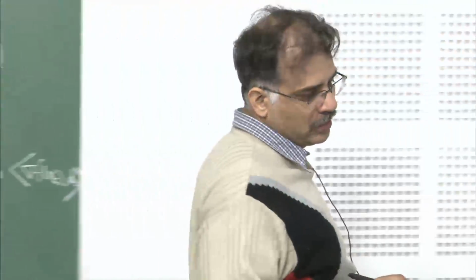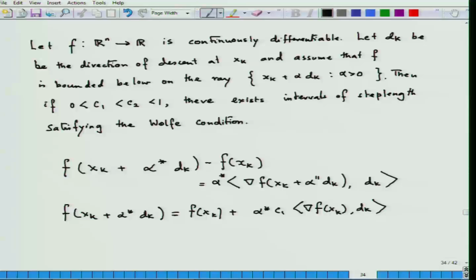So here what you can do is this. Now look at this difference. So this would imply that grad f of xk plus alpha double dash dk, dk is equal to this one, C1 times